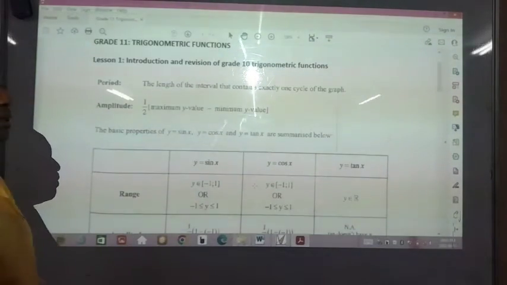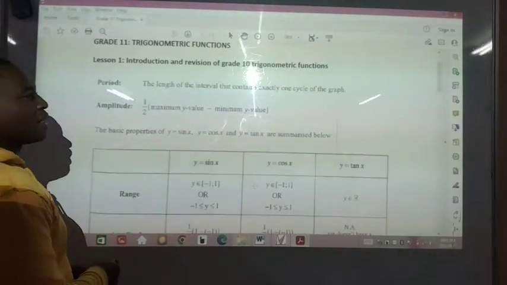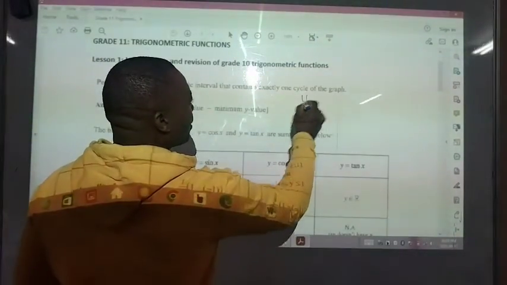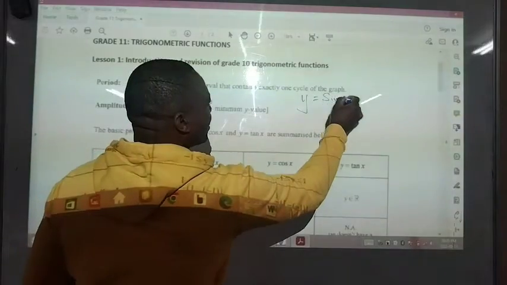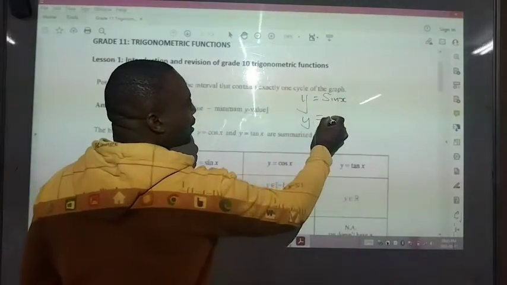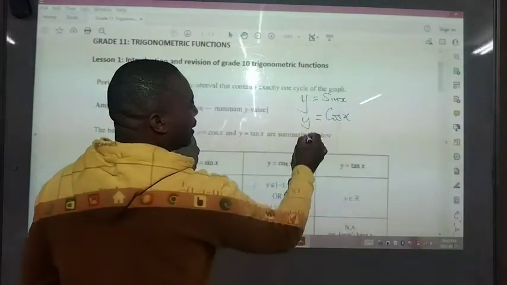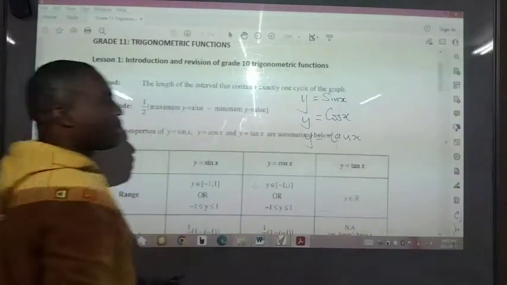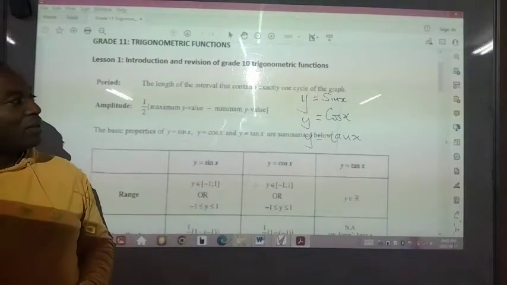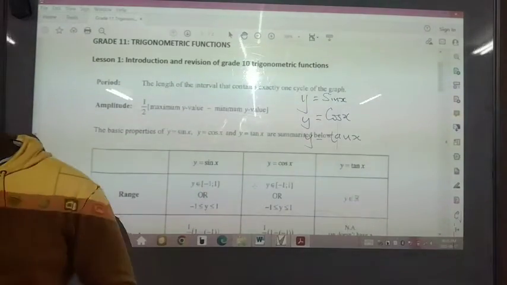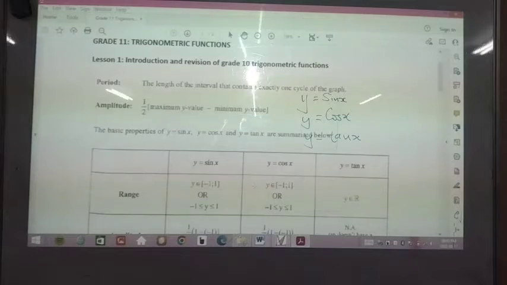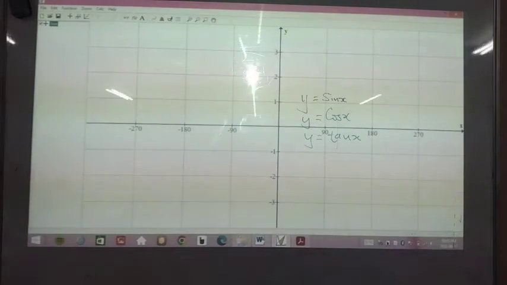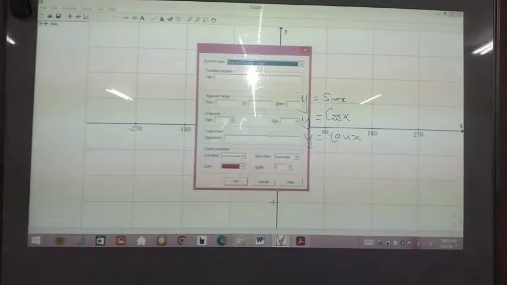In grade 10, you did basic graphs. You did the graph of y = sin x. You did the graph of y = cos x. And you did the graph of y = tan x. So let's just reflect on these graphs a little bit so that we refresh your memory as far as those basic graphs are concerned. Now, for the graph of y = sin x,